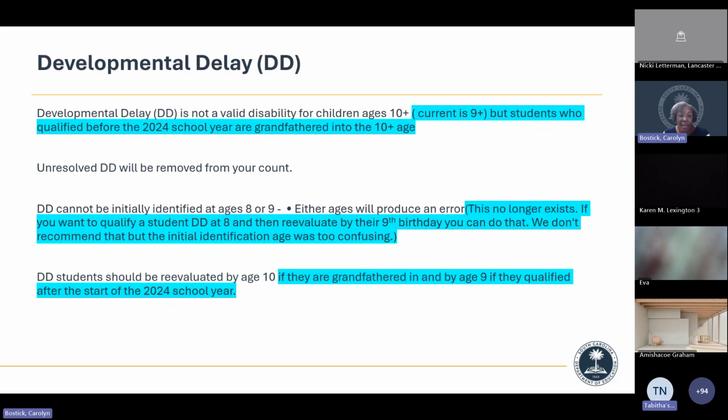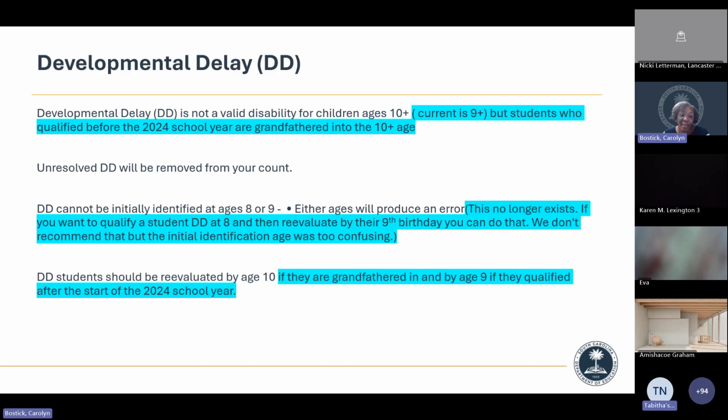Once again, we talked about the DD students. The main thing about the DD students is that if they are 10 or older in your district, they should have been reevaluated. I know there is an outstanding issue where some that have been reevaluated are not reading that, and we are in conversations about that.